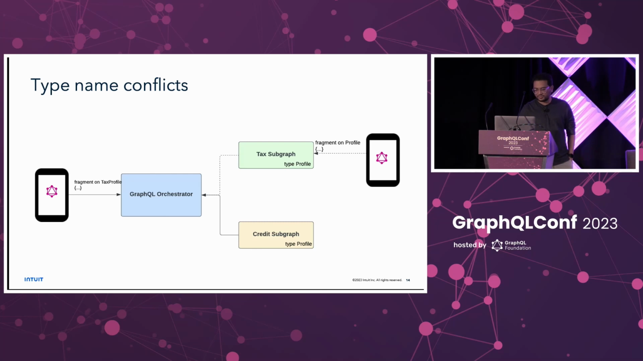So what we provided them was a way to rename their type only when they register with the orchestrator. This means they can keep the type profile in the tax subgraph, but when they register with the orchestrator, it will replace all references of profile with tax profile. And at execution time, the orchestrator has enough metadata to determine that when I am using tax profile with this tax subgraph, I need to strip out the tax and use the original type